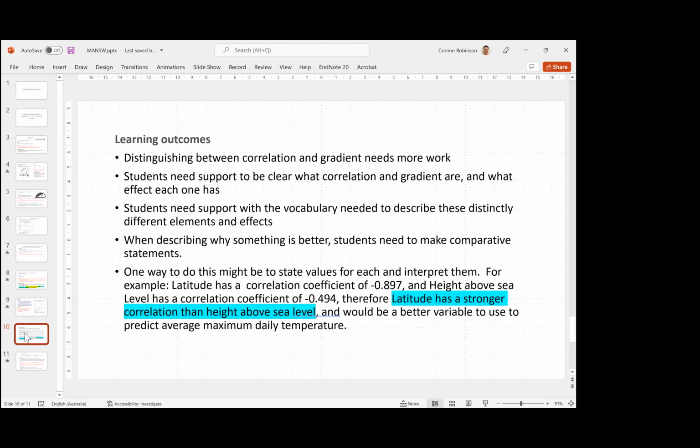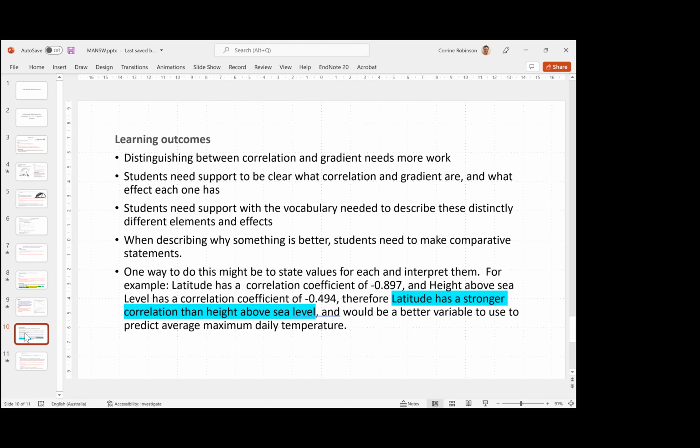So things like we use stronger and weaker for correlation, whereas greater or smaller can be misinterpreted. So they need to have the right kind of vocabulary there. When describing why something is better, students need to actually make a comparative statement. They need to somehow compare it to the other thing. One way, not the only way, but one way they might do that is to state values for each